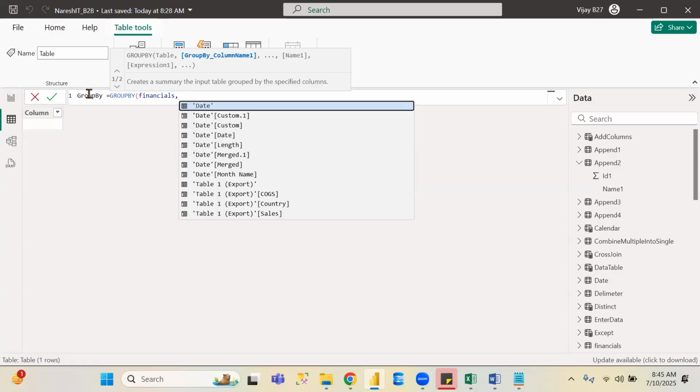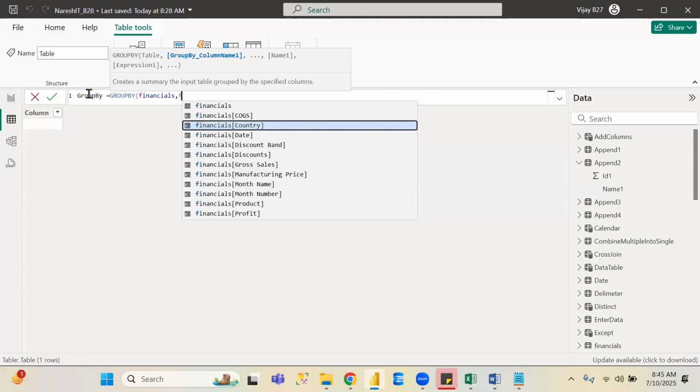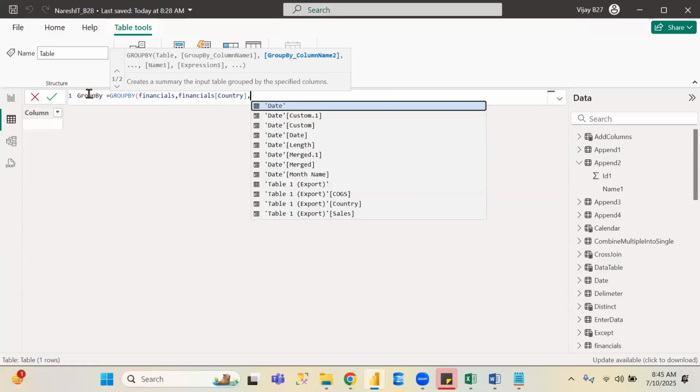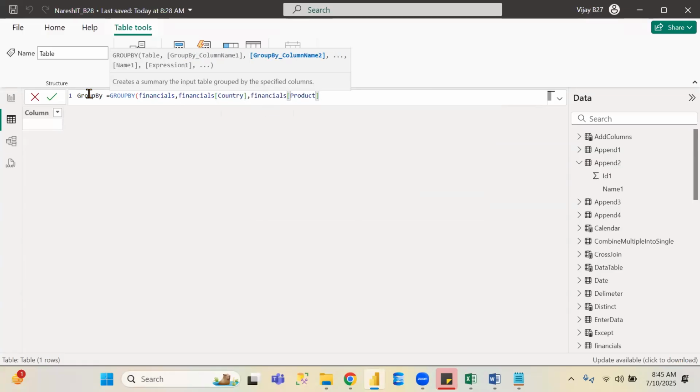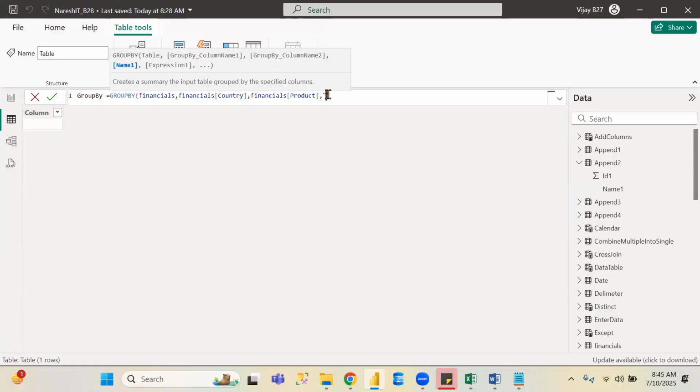See here, like financial country, comma, and the product related one, financial product. Can I give like this or not? See here, I'm passing two columns here. Now, what is the next one? After mentioning the group by columns, what you mention in summarize is your column name, right? Same here also. See here, total sales, comma,